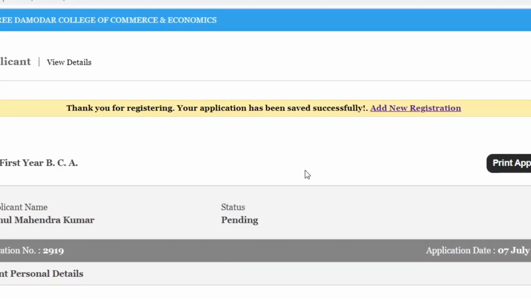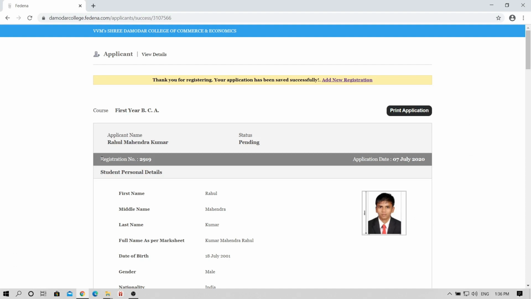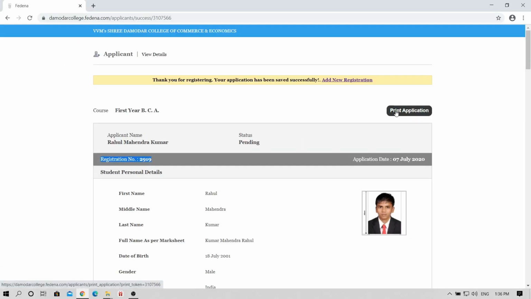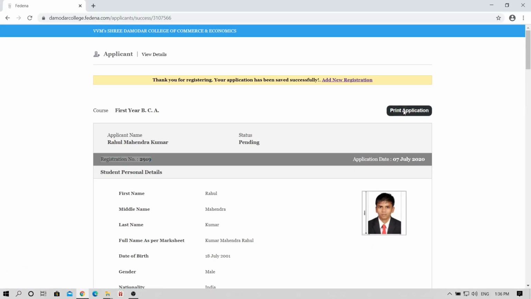On successful submission of your form, you should be able to see a message, "Thank you for registering. Your application has been saved successfully." Kindly take note of your registration number. To download or print your form, click on Print Application.